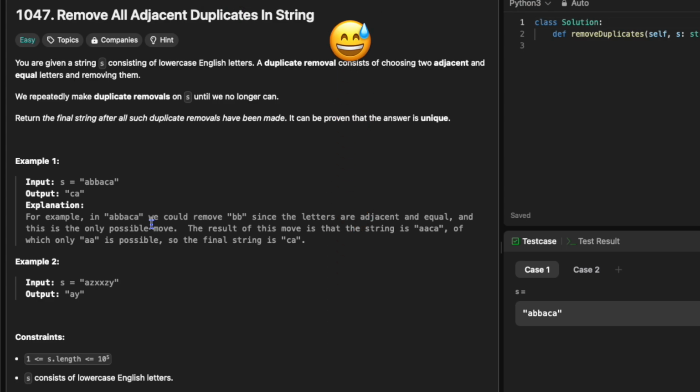And what I will do is I can have an index as a variable. And I can say until the index plus one, until that index